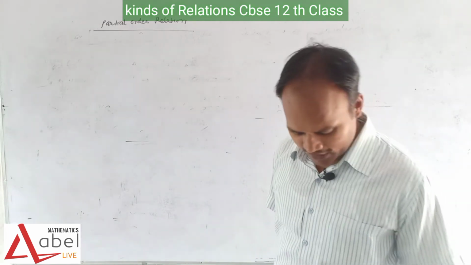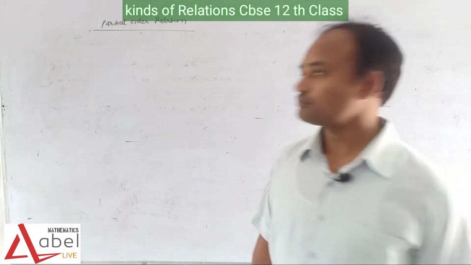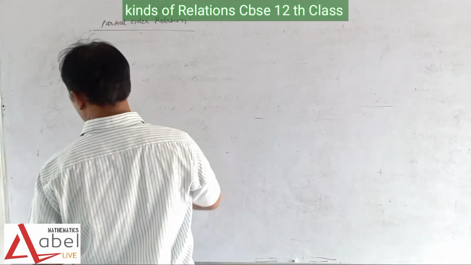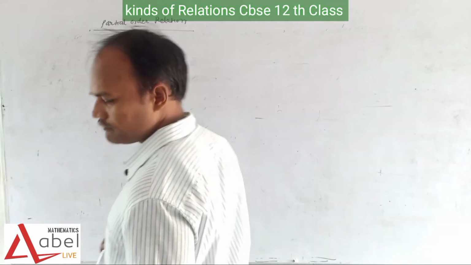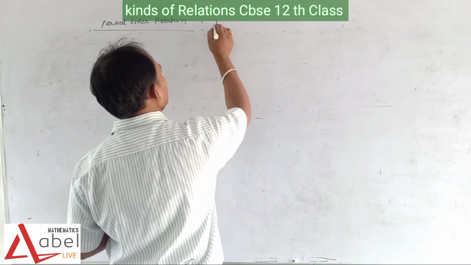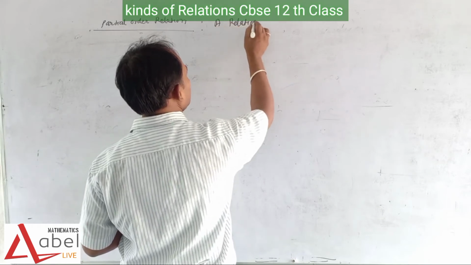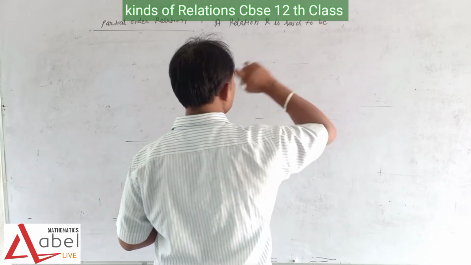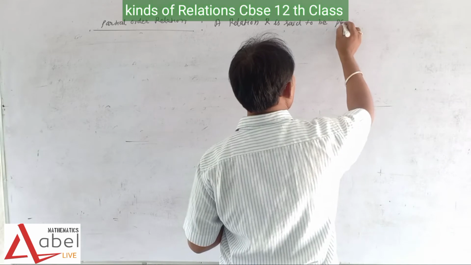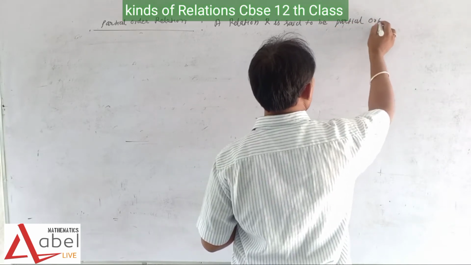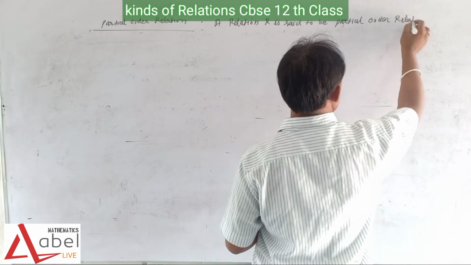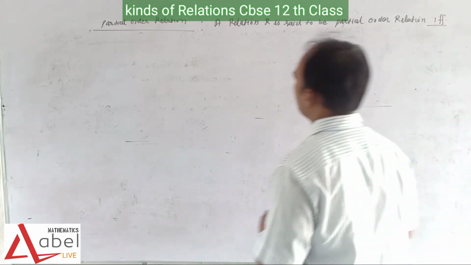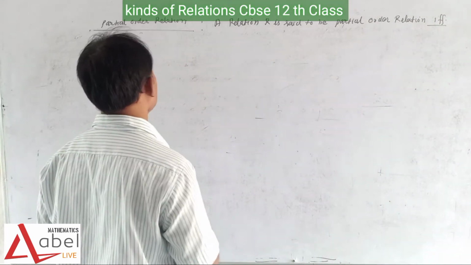When we are talking about the partial order relation, we can say that a relation R is said to be a partial order relation if and only if